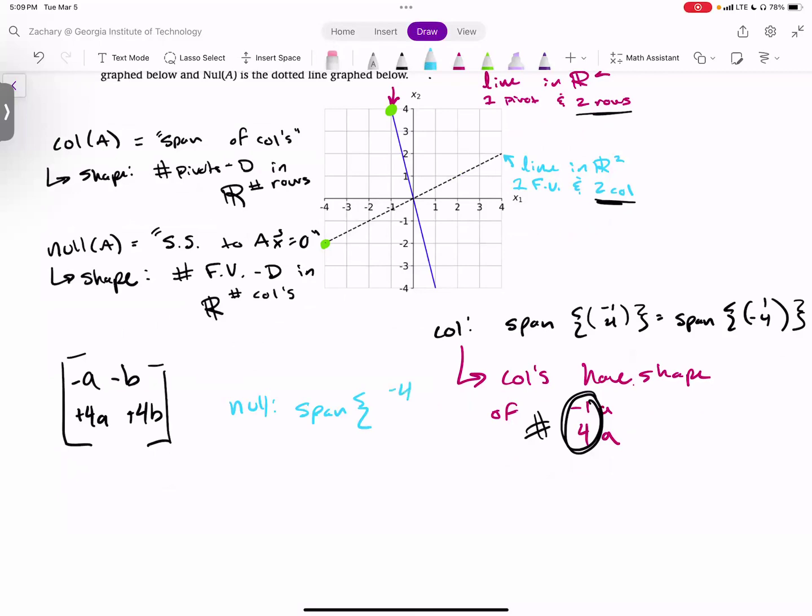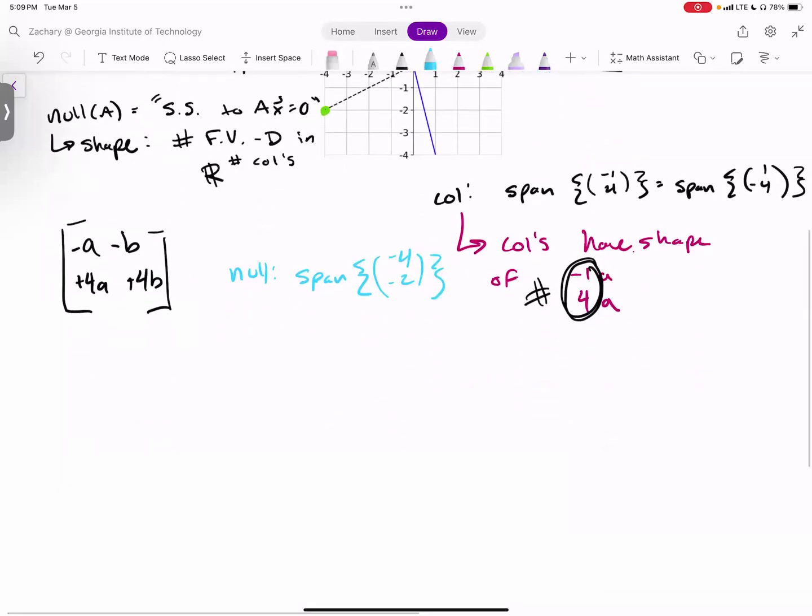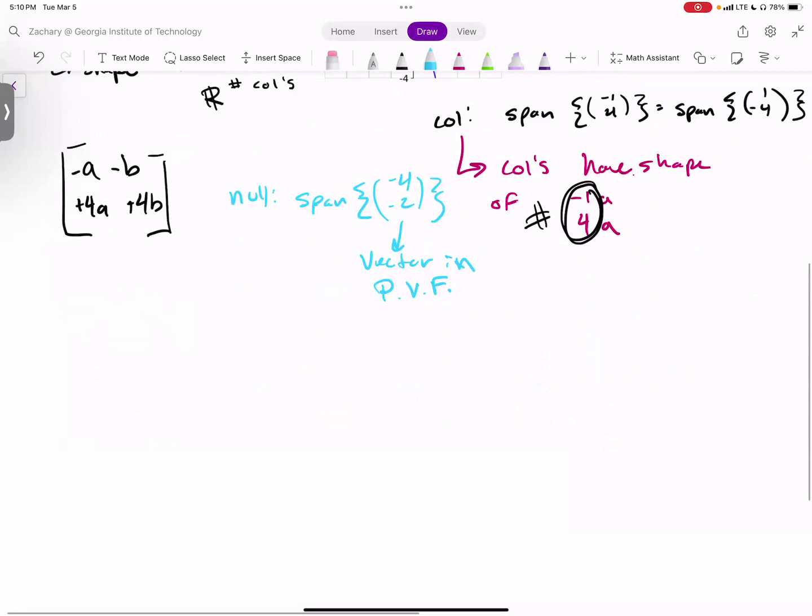Of -4, -2. Okay. So this is my vector in parametric vector form, right? So how do we go backwards from this vector to a matrix? Well, what I mean by this is a vector in parametric vector form is you'll have something that looks like this,